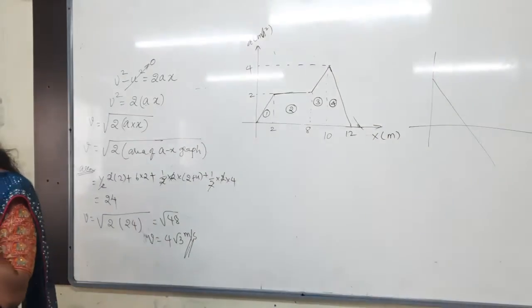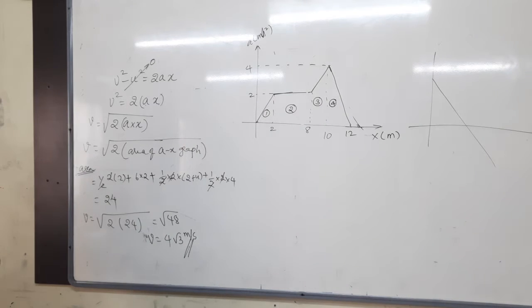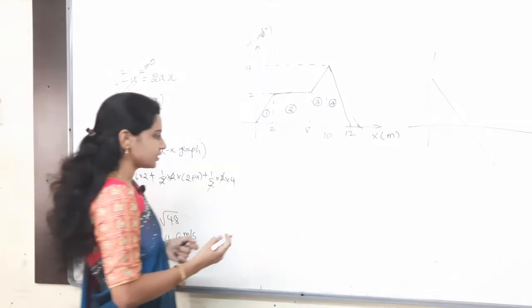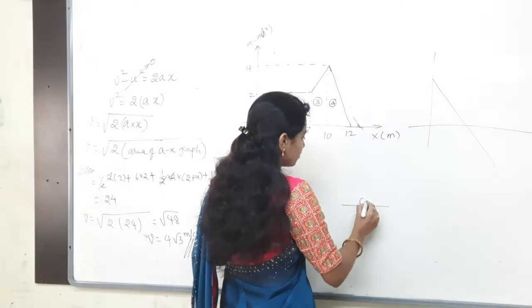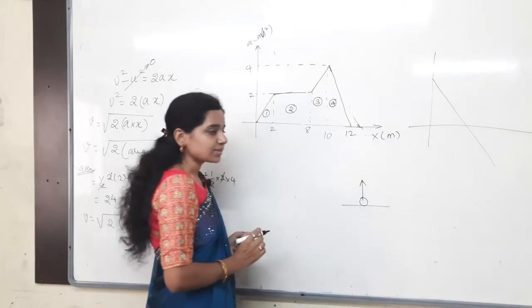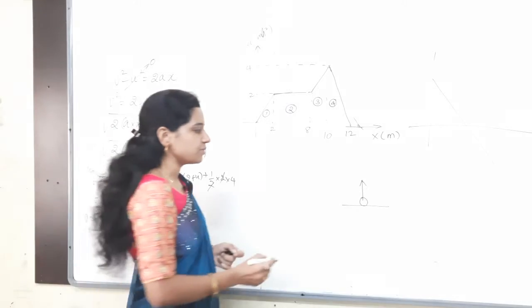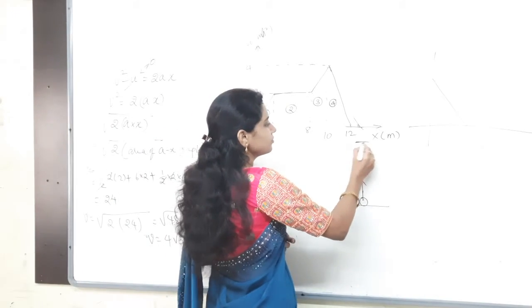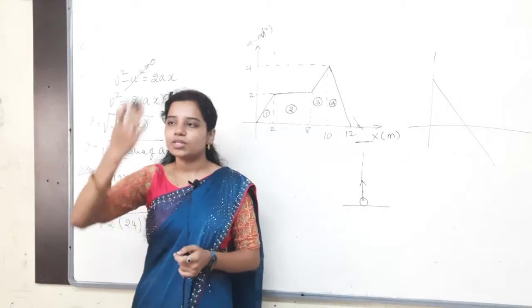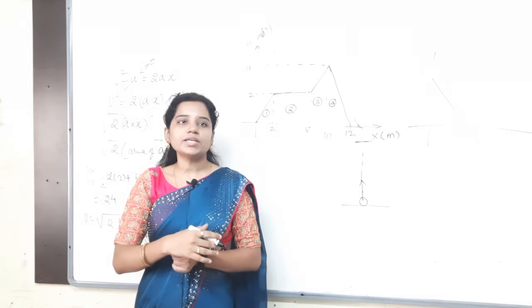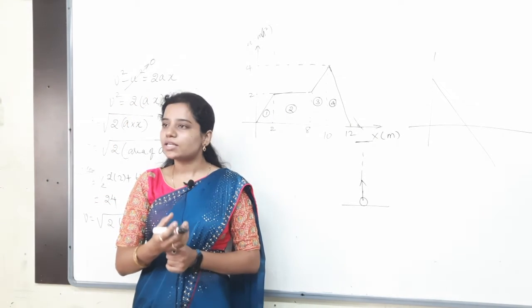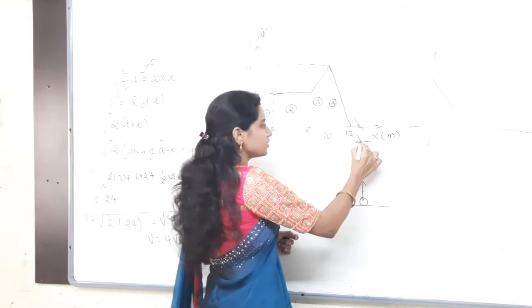What can you do from that graph? First of all, check what you have to find out. They said vertically upwards. You don't think that is motion under gravity and all. That is motion under gravity only. But just small basic logic: whenever a body is thrown in the upward direction, what they are asking is the maximum height. At maximum height, what happens to the velocity? 0. Whenever I throw something, it returns back. At the top point, the velocity becomes 0. So velocity is 0 here.